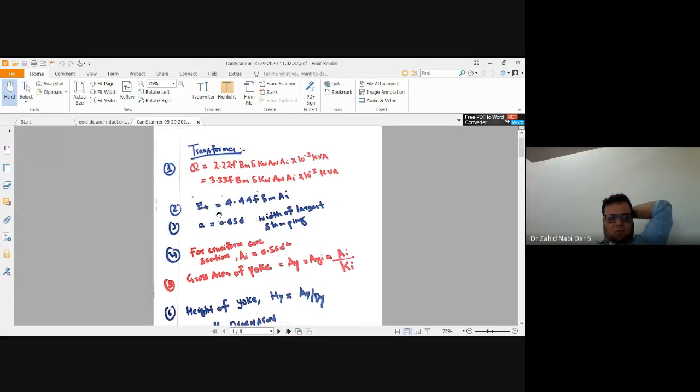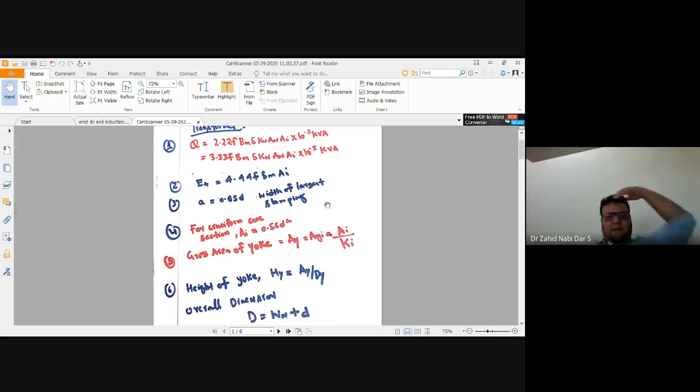Now the type of cross section, the A value, if you want it, depends upon this. For cruciform core we have Ai. For square core, what is the value? It is different, Ai would be different. For a rectangular core, what is the value? The Ai would be different. That is there in the class notes.